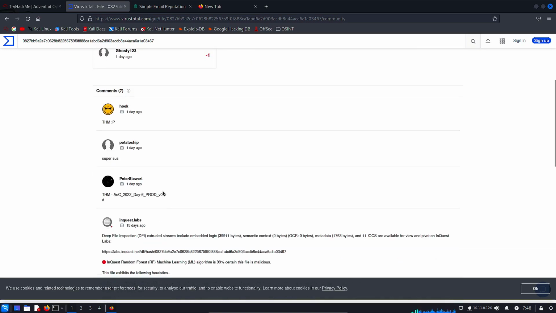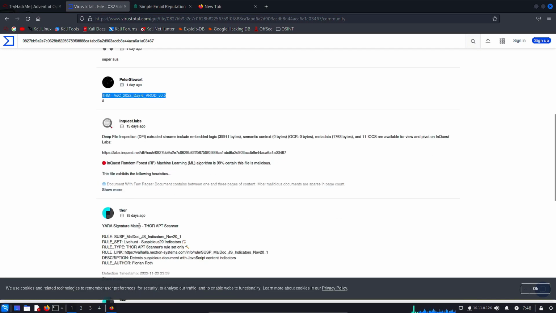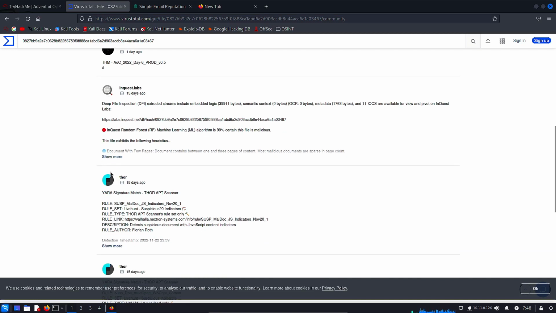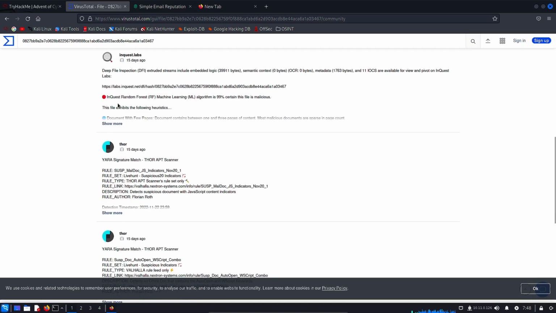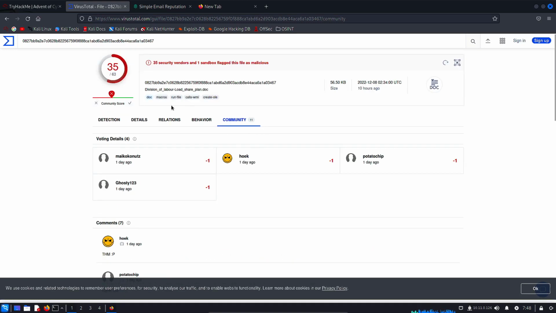Community, do we have any? THM, alright. Our fellow capture the flag mates. Deep file inspection and trusted systems include embedded logic, semantic context, 0 bytes. This file is malicious, so InQuest's random forest machine learning algorithm is 99% certain this file is malicious. Alright,